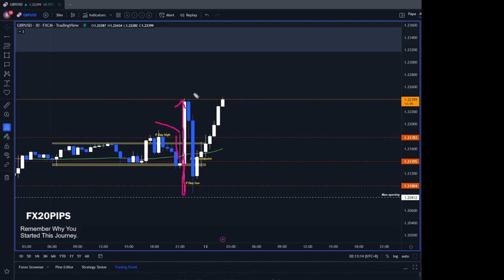Now, the interesting part is this: at 10 p.m., which is 30 minutes after the bullish candle, it started to go down, all the way back here, and then it ends at 11 p.m. From 11 p.m. onwards, it's slowly going up, and it has been going up ever since.